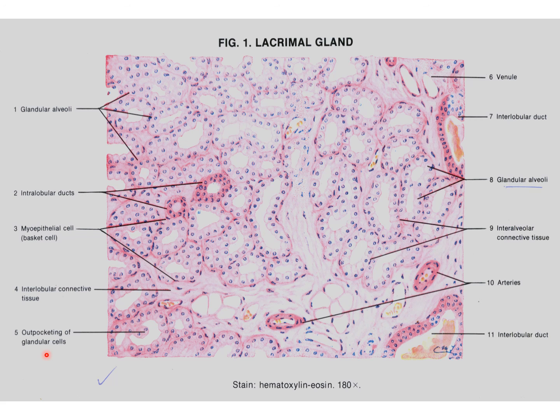It is also given the name tear secreting gland. The structure of the lacrimal gland is similar to that of the serous salivary gland or the parotid gland, but it can be distinguished from those because its acini are larger and have a wider lumen. What are the acini of the lacrimal gland like? Large, with a wide lumen compared to the parotid gland or the serous salivary gland. All cells appear to be of the same type.